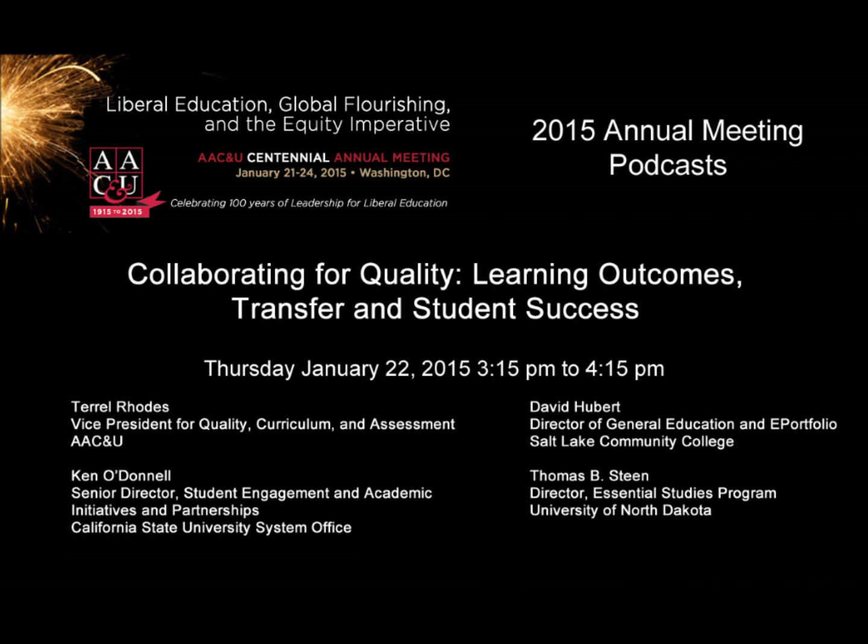So we did take the Lumina Degree Qualifications Profile, and again, I think most of you have some familiarity with it, so I'm going to go through it relatively briefly, and as I said, the publication's in the back. But it's a framework for those competencies required for attaining a degree. It identifies 5 areas: specialized knowledge, i.e. a lot of what we associate with the major; broad integrative knowledge, much of what we associate with general education in traditional parlance; intellectual skills, the written communication and those kinds of things. And then